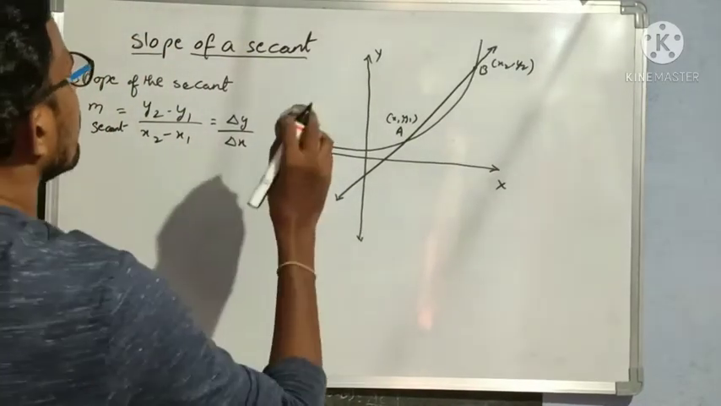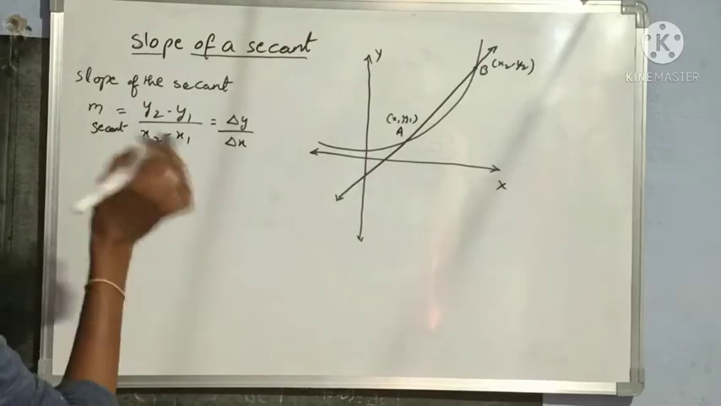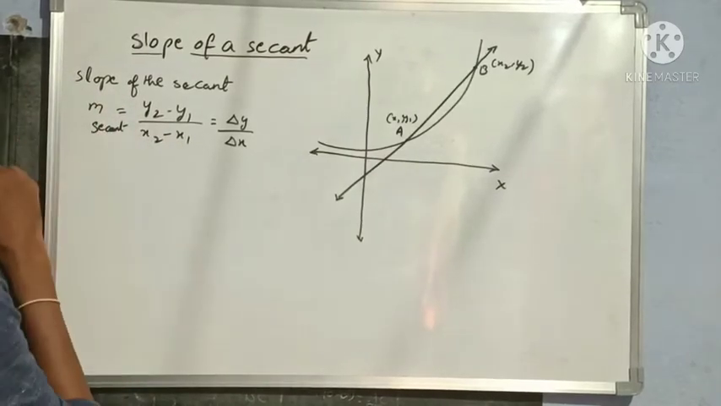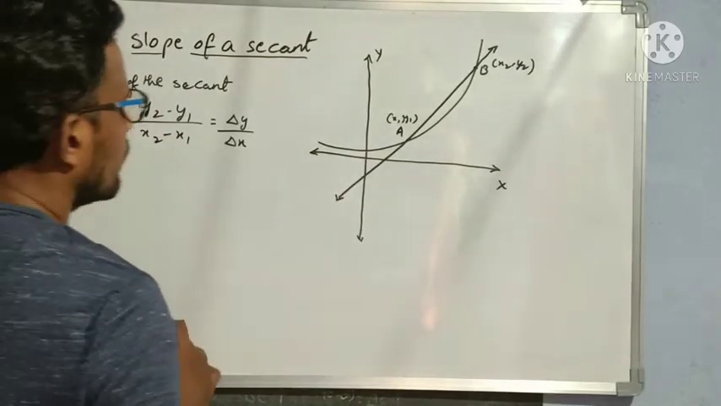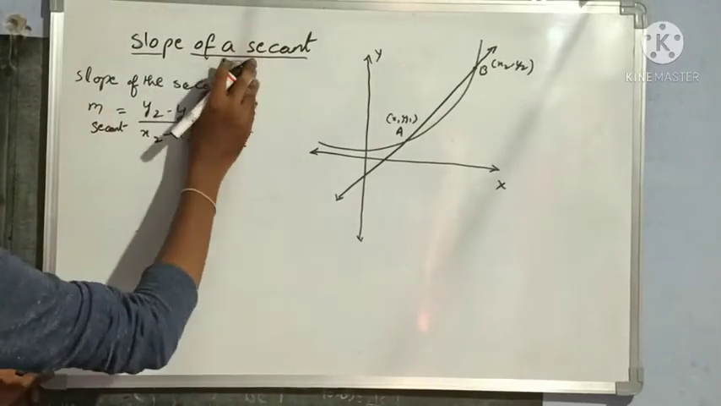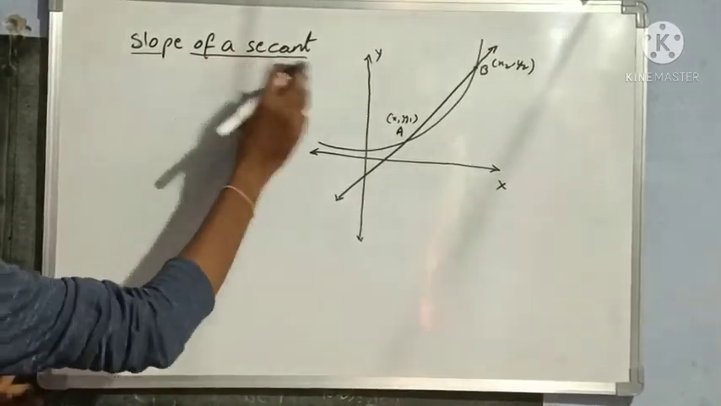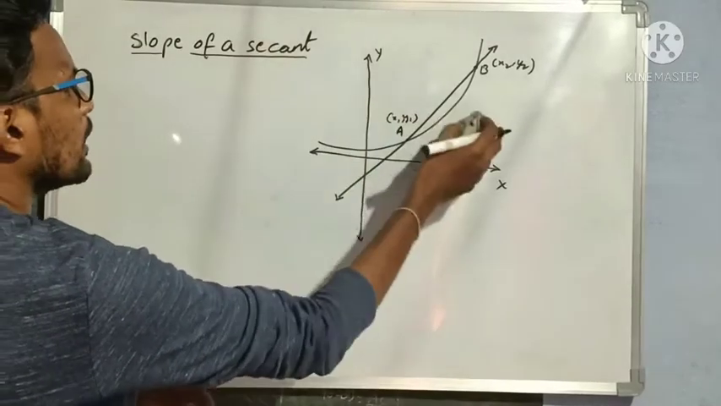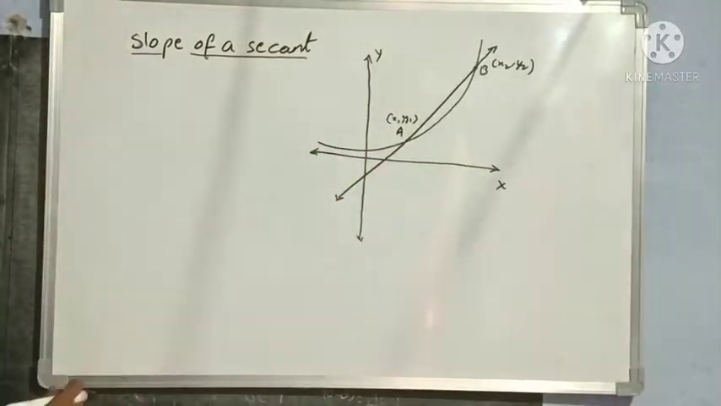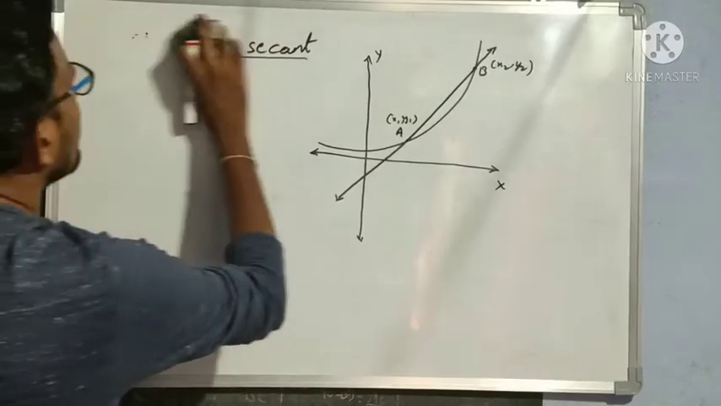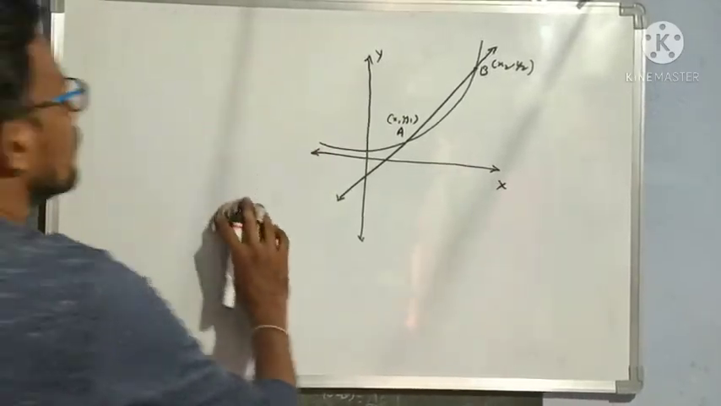But we know that the slope of a tangent at a point to the curve is the derivative of that curve, right? But I am explaining the slope of secant. Why? Because from this only we are getting the slope of tangent. Already I have explained in my first class, so the same I am saying now. So let us see how to find out the slope of